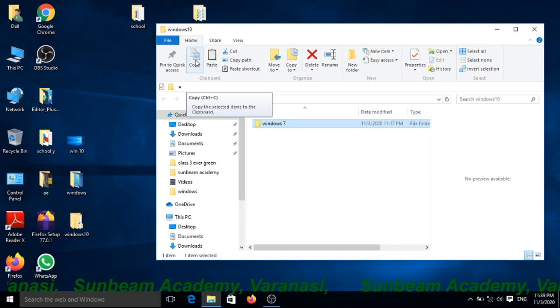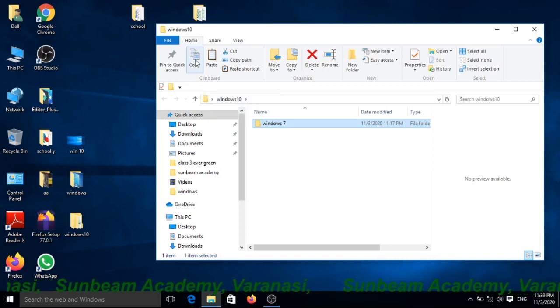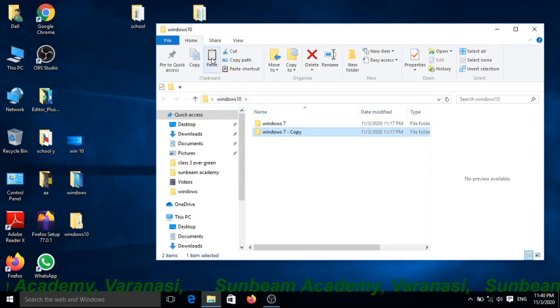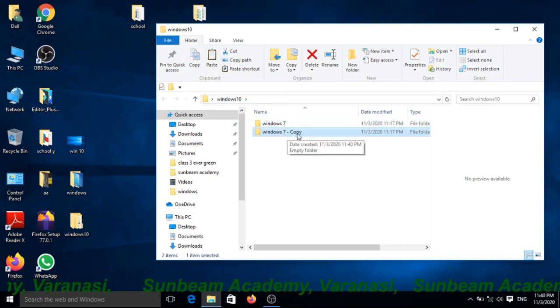Yes, copy it, and after copying you can use paste. Then click on paste. Now you can see here Windows 7 and Windows 7 copy. Understood?